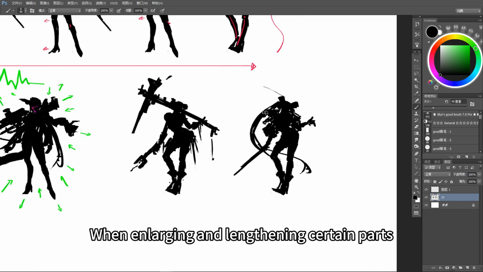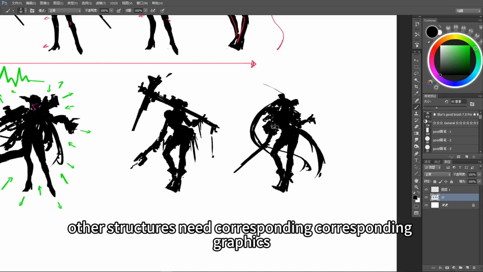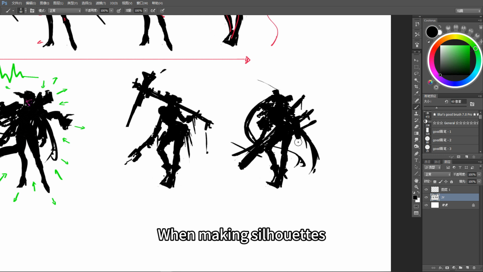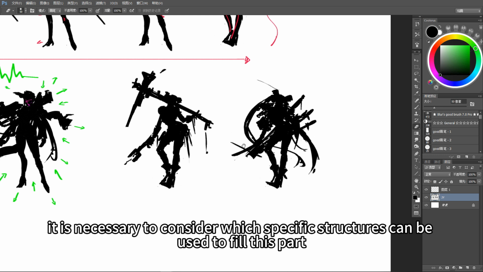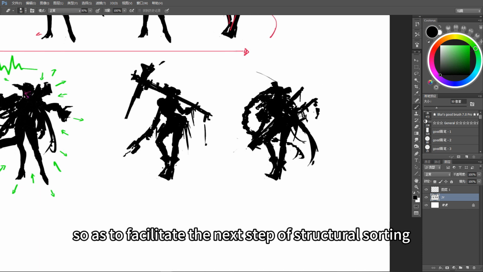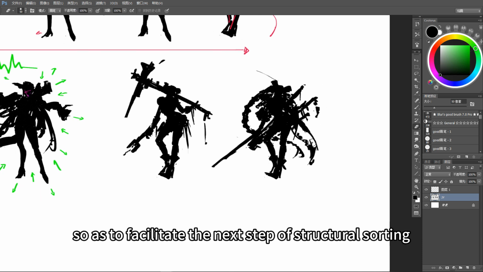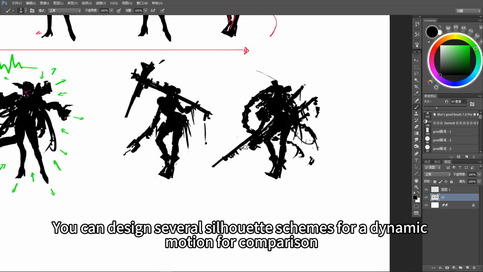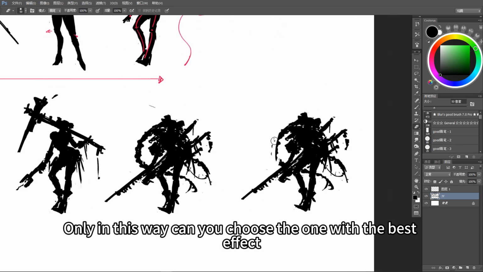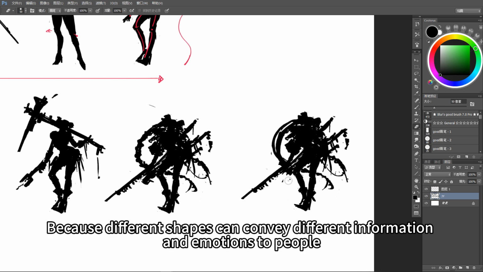When enlarging and lengthening certain parts, other structures need corresponding graphics. When making silhouettes, it is necessary to consider which specific structures can be used to fill this part, so as to facilitate the next step of structural sorting. You can design several silhouette schemes for a dynamic motion for comparison. Only in this way can you choose the one with the best effect, because different shapes can convey different information